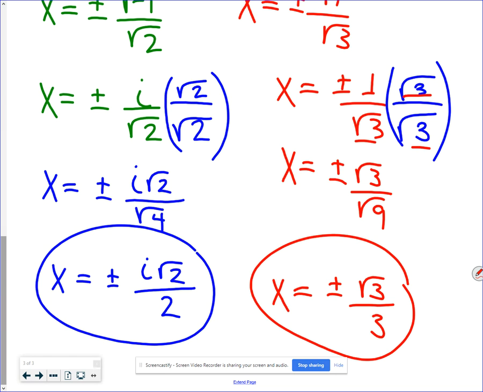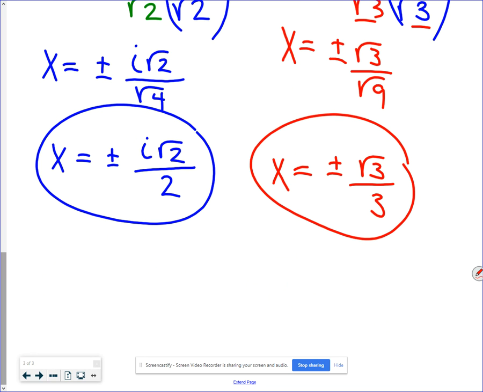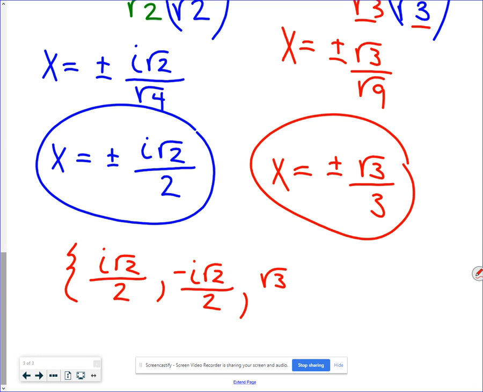So again, we have 4 solutions. It looks like we only have 2, but that plus and minus sign, remember, means that it's 2 roots there. So our 4 roots are i square root of 2 over 2, negative i square root of 2 over 2, square root of 3 over 3, and negative square root of